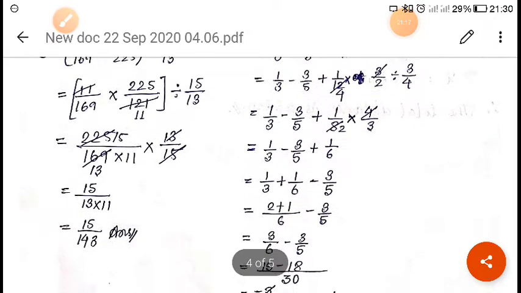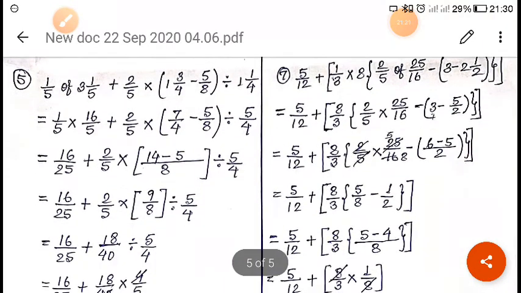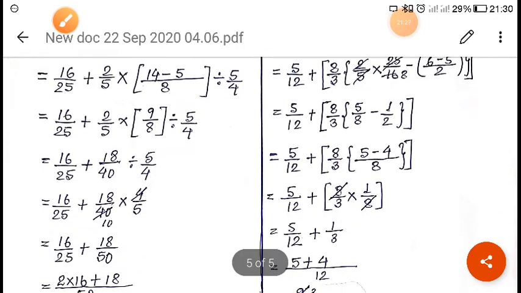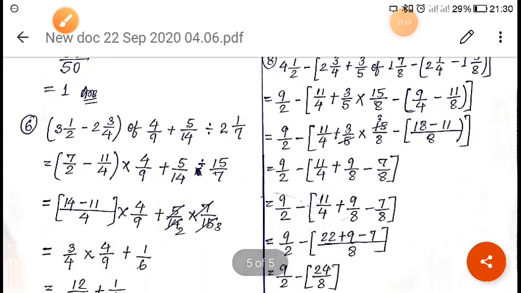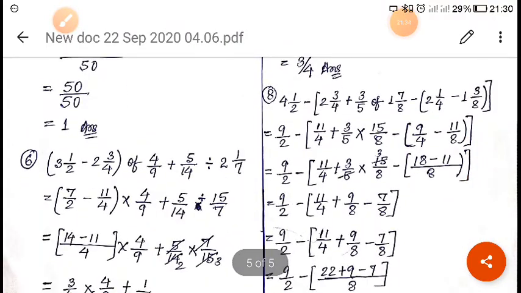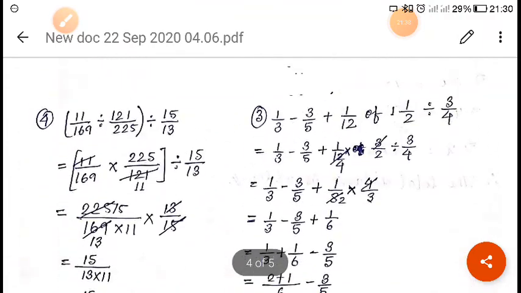Of all the four operations we have learned till now, we have to apply everything here, as you can see. I have applied them, so you just try to practice this at home. Then only you will be able to solve this. Nothing new is here, everything is the same. Just practice this, then you can easily calculate it.